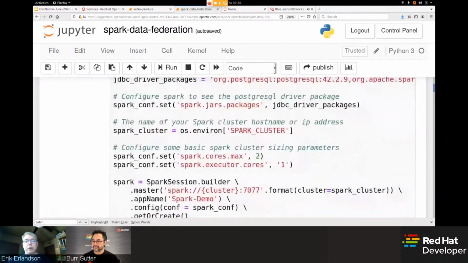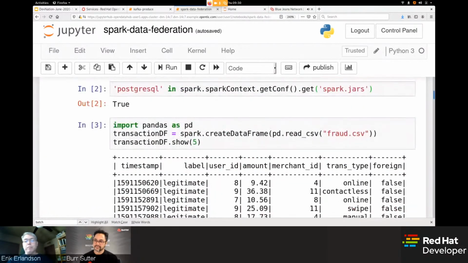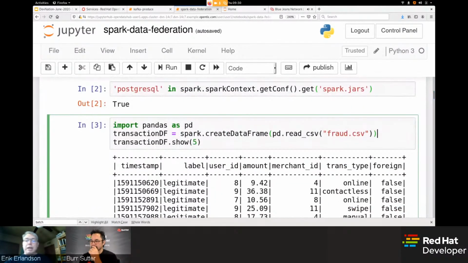Like if you actually look at how I did this up at the top, it can attach directly to a CSV file. If you look at what I did here, I was actually cheating a little bit. I was using Python pandas to read the CSV file, but it actually showcases another thing you can do: you can tell Spark to create one of its data frames directly from a pandas data frame. So in this line, I'm basically sucking a CSV file into pandas, and then I'm sucking the pandas data frame into a Spark data frame.